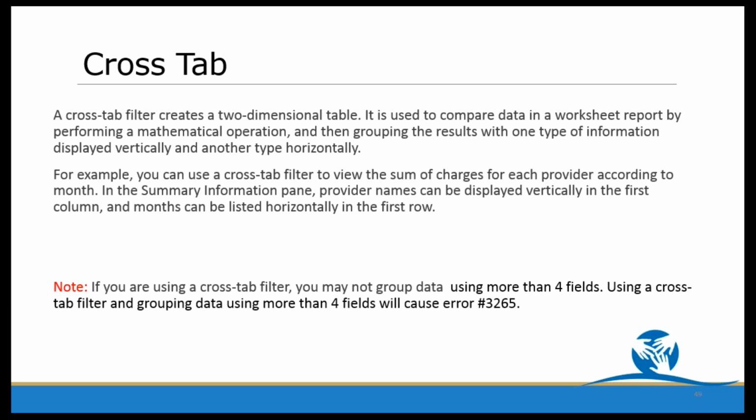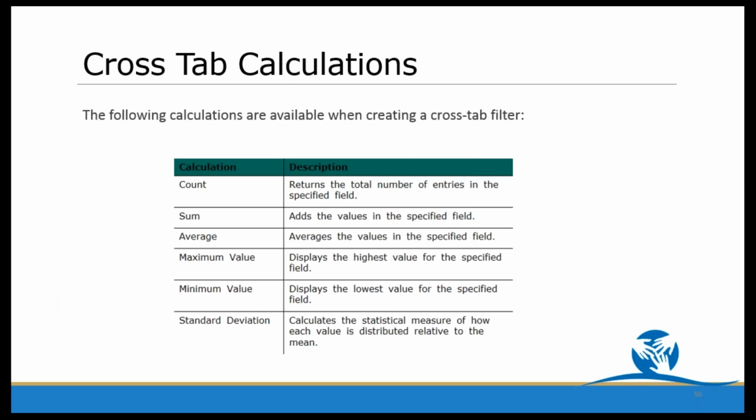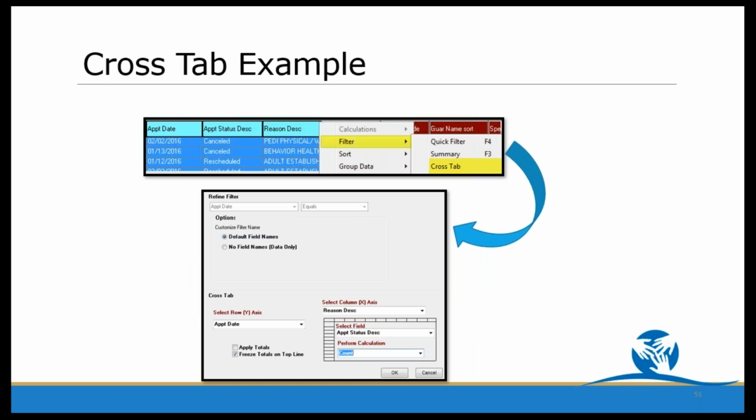And that error number is 3265. And the reason I know that is because when I first started using Practice Analytics, I got that a couple times until I figured out, oh, I'm using too many fields. So when you use a crosstab, there's certain calculations that you can use. You can use a count, a sum, an average, max value, minimum value, and then standard deviations. Important to know what you're looking for,